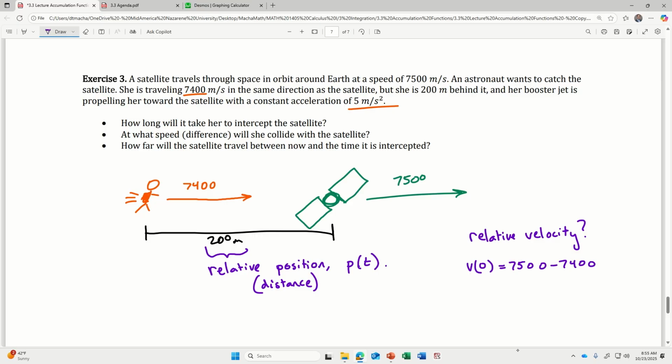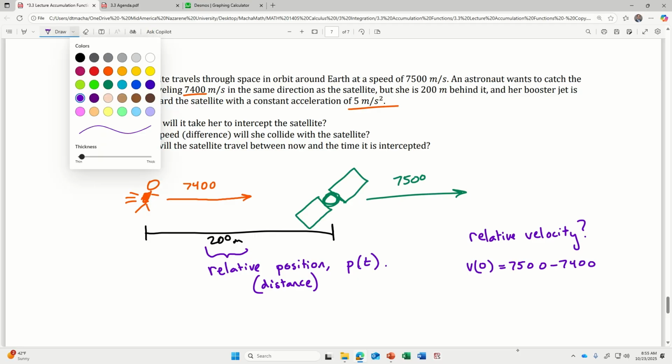So I'm interested in when is she going to hit the satellite? In other words, when is the distance between the two going to be 0? Well, I need a function that describes the distance between those two, and then I'll just find the 0 of the function. To get the function, we are going to begin